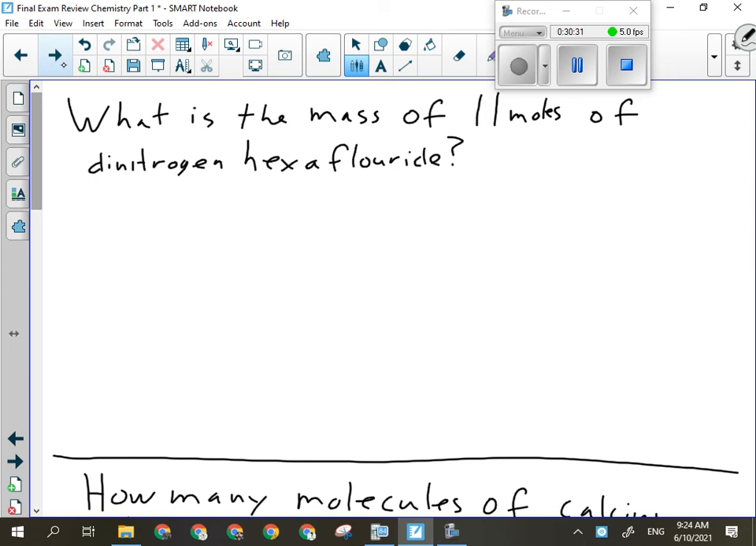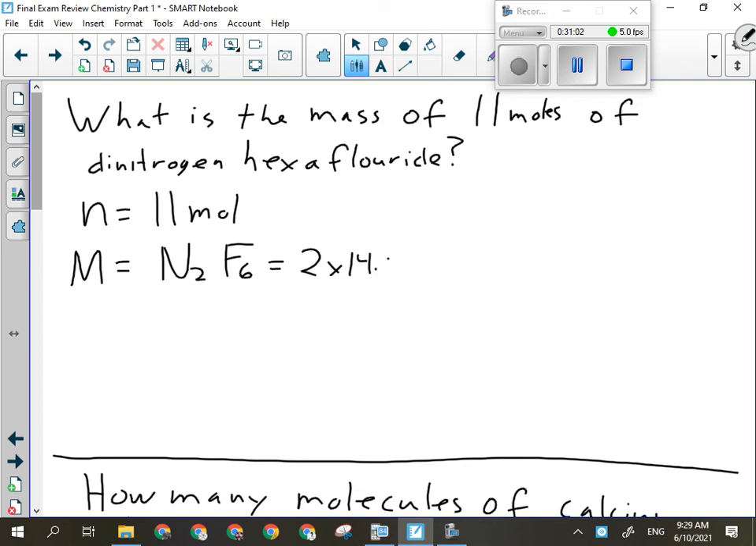This one here, we're looking for the mass of 11 moles of dinitrogen hexafluoride. So the question tells us that we have n, 11 moles. And then it tells us that this stuff is dinitrogen, N2, hexafluoride, F6. I don't reduce that because this is a molecular compound. But I do need to calculate its molar mass. So that means I've got 2 times 14.01, that's my nitrogens, plus 6 times 19.00, that's my 6 fluorine